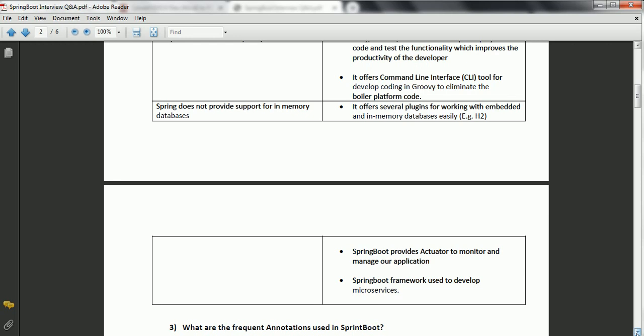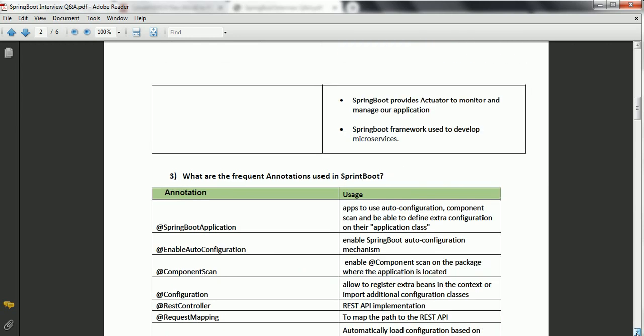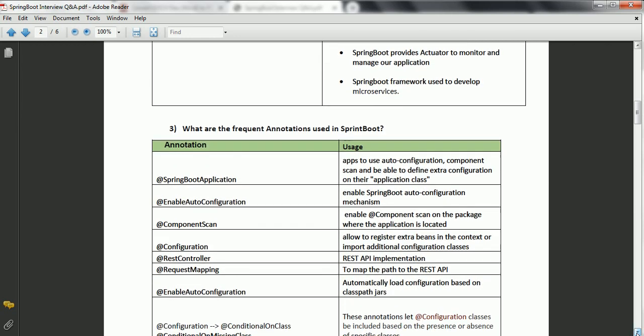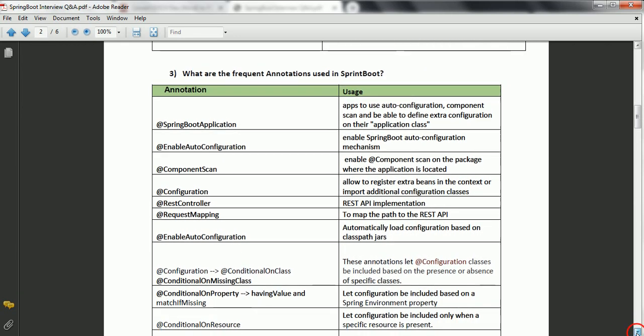And the next, third important question is, what are the frequent annotations used in Spring Boot? As you know, if you are working with Spring Boot, one important annotation you need to remember is @SpringBootApplication. This annotation is basically used to auto configure, component scan, and define extra configurations on the application class. That means once we annotate any class with @SpringBootApplication, then it